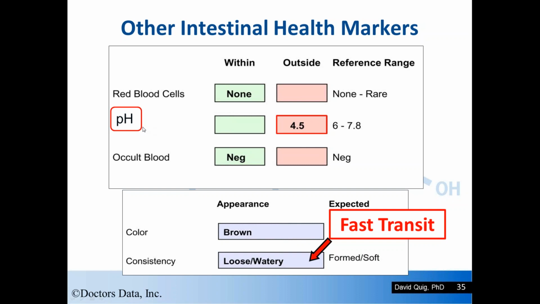One thing that people don't pay enough attention to is the pH of the stool. And when I see a very low pH of the stool, my first question is, how many bowel movements are they having a day? And typically, we also note on the report that the stool was very loose and watery, indicating a very fast transit time. So the low pH is due to a lack of time for the colonic or luminal contents to be neutralized, and also excessive excretion of short-chain fatty acids that contribute to a lower pH.